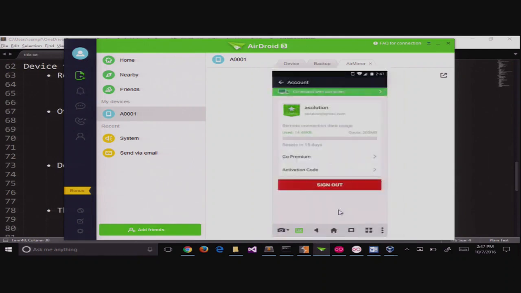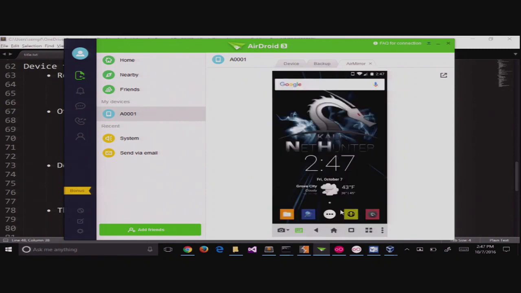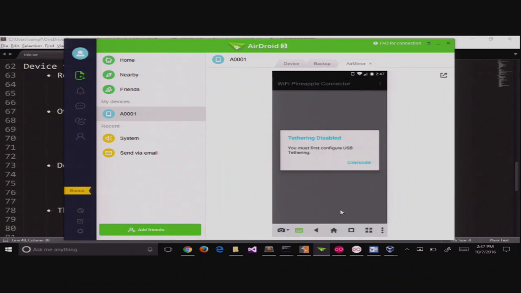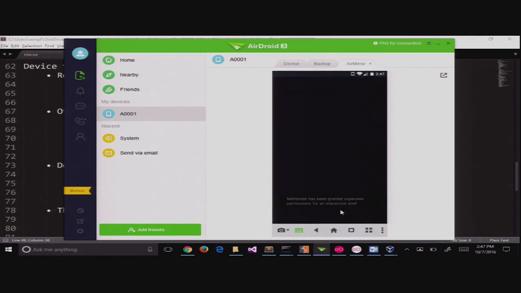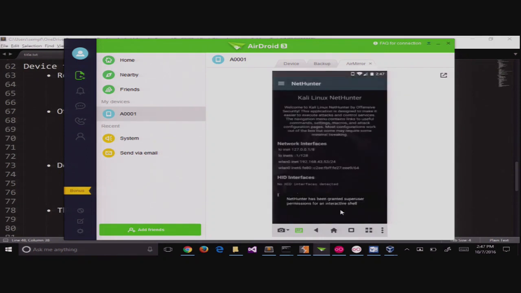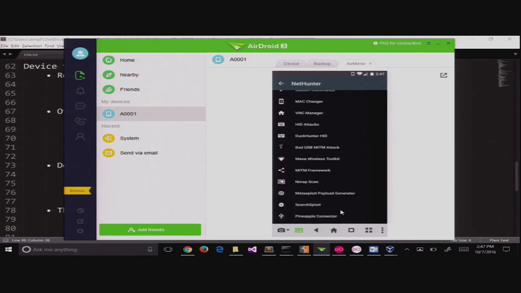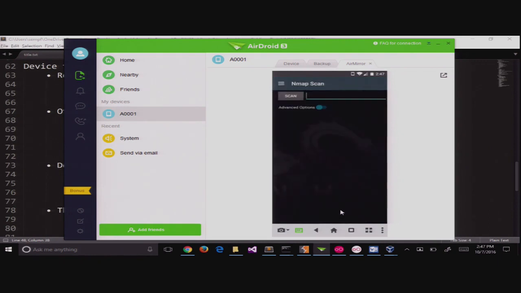So there is a build. Everybody see that okay? There is an Android, a CyanogenMod version of Kali called NetHunter. And it is a penetration testing toolkit for doing network pen testing. So you can take the phone in and run your Pineapple. Well, okay, that's a good point. Let's see, is NetHunter, and then HID attacks, DuckHunter, Nmap scan here. We can do an Nmap scan on the network once we're connected to the Wi-Fi. All those things you can do, right?